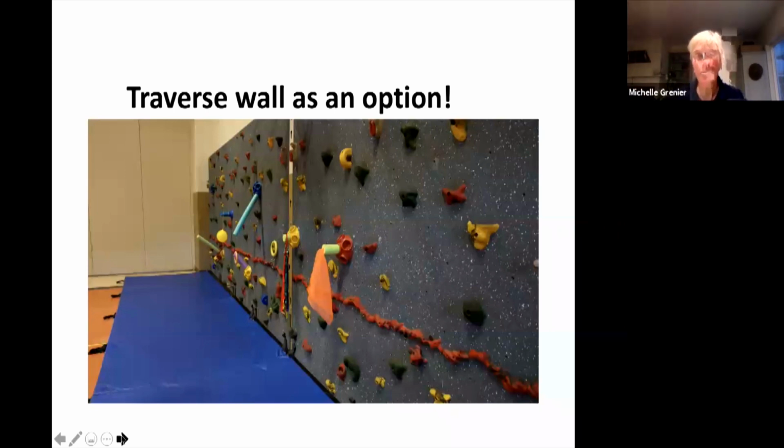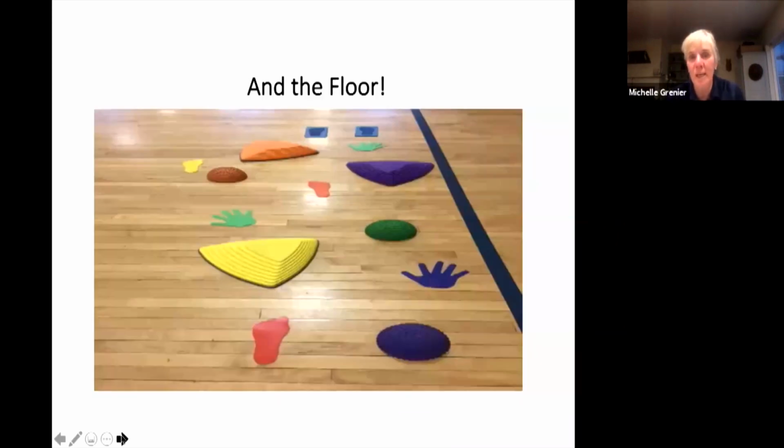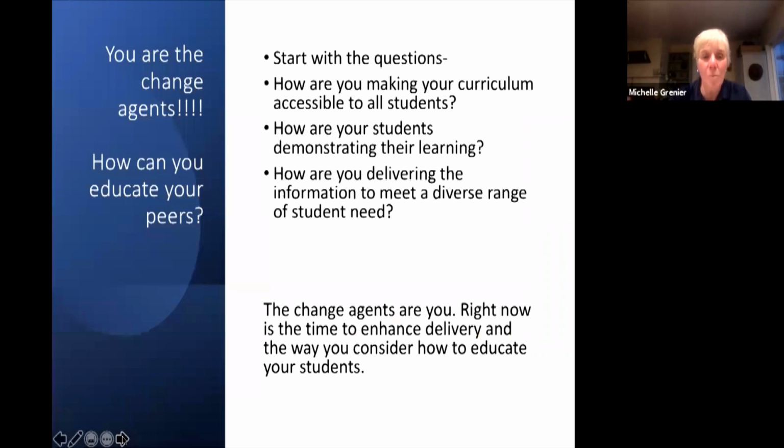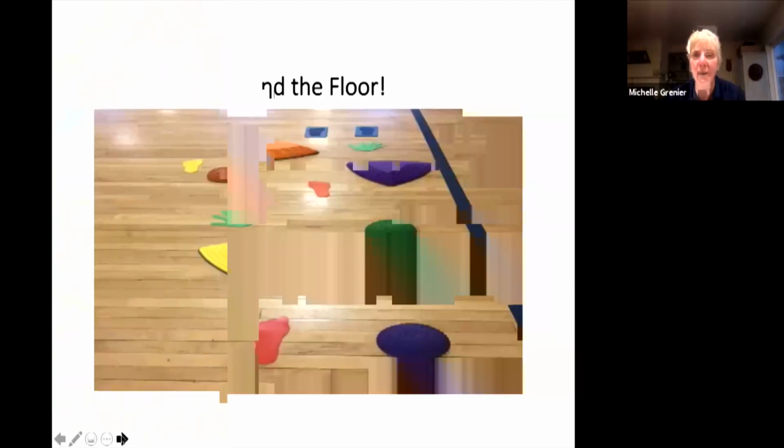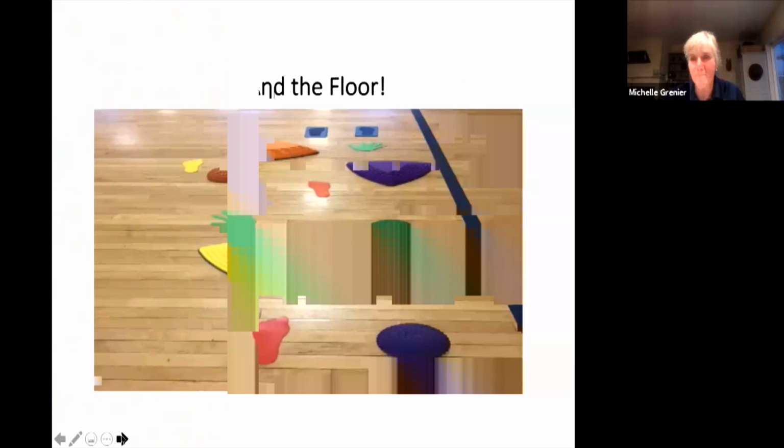So what I see as the teacher is they're doing what I want them to do, which is to identify a pattern and move through a series of movements with both their hands and their legs. They're able to do that. And as we look at engagement, representation, and action and expression, I felt like this was just an example of how we as teachers can compel our students to really get engaged in the activity. And so thank you, Michelle.